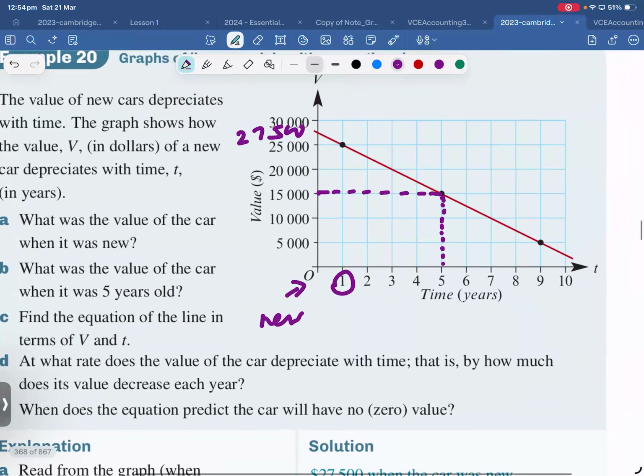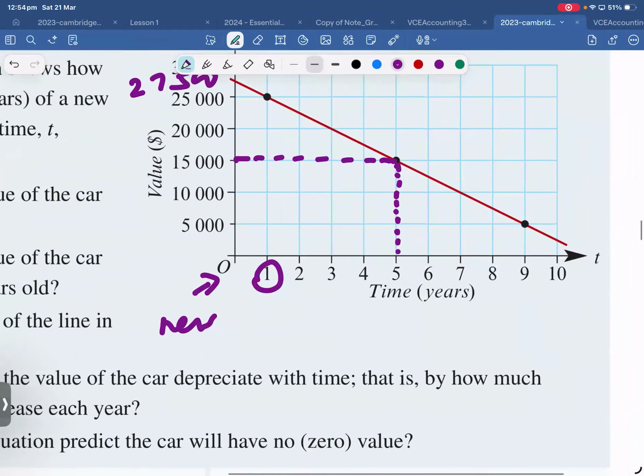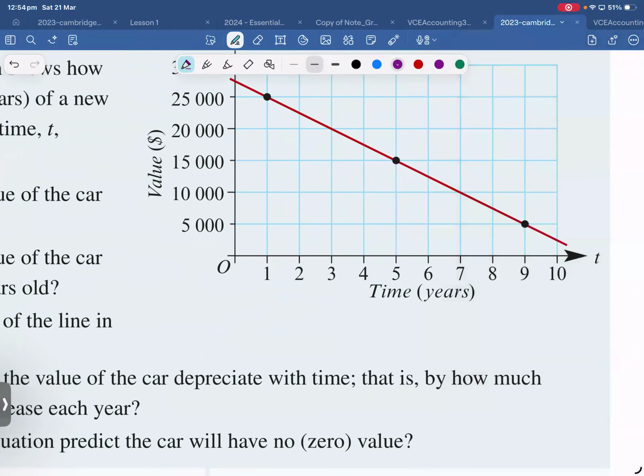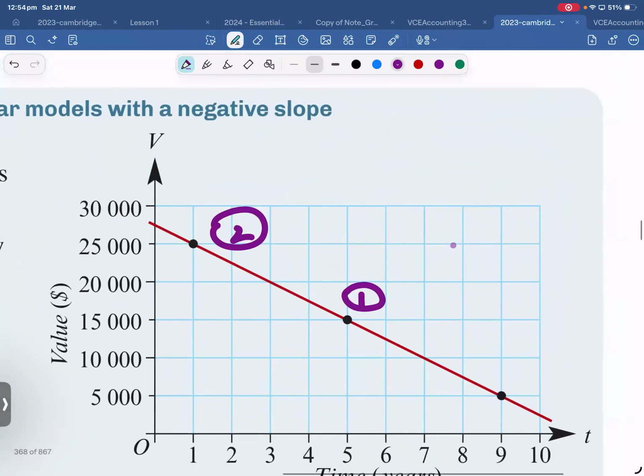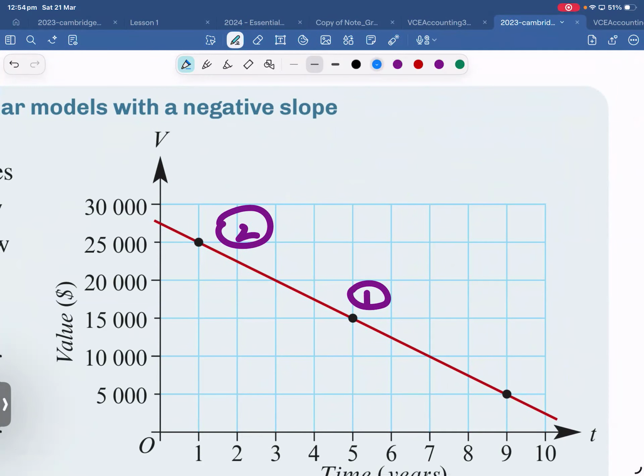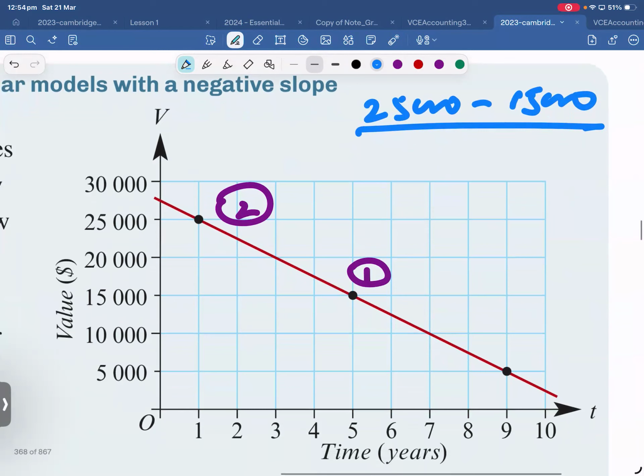And then part C, find the equation of the line in terms of V and T. So then we have to do the same thing. What is it? Rise over run, yes. Then we will pick some two values. Probably we'll pick 15 and, yeah. So this is coordinate number 2. This is coordinate number 1. So as a result, y2 will be 25K. Y1 is 15K over X2 is 1,